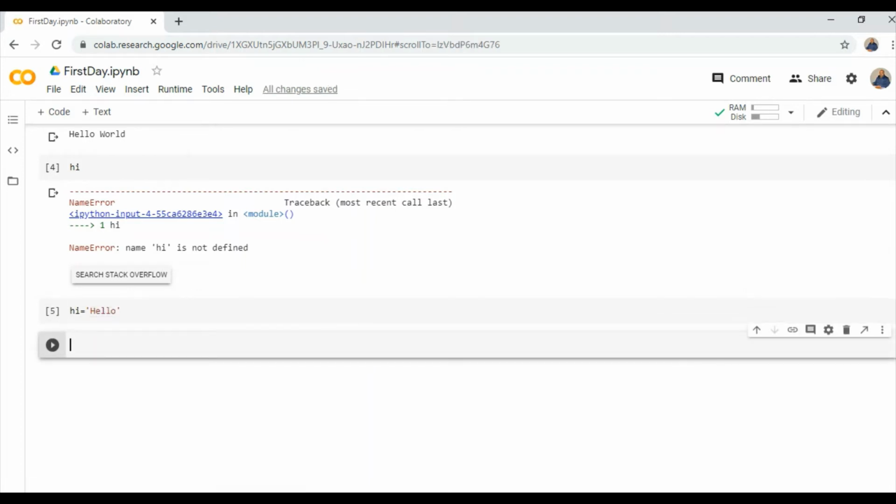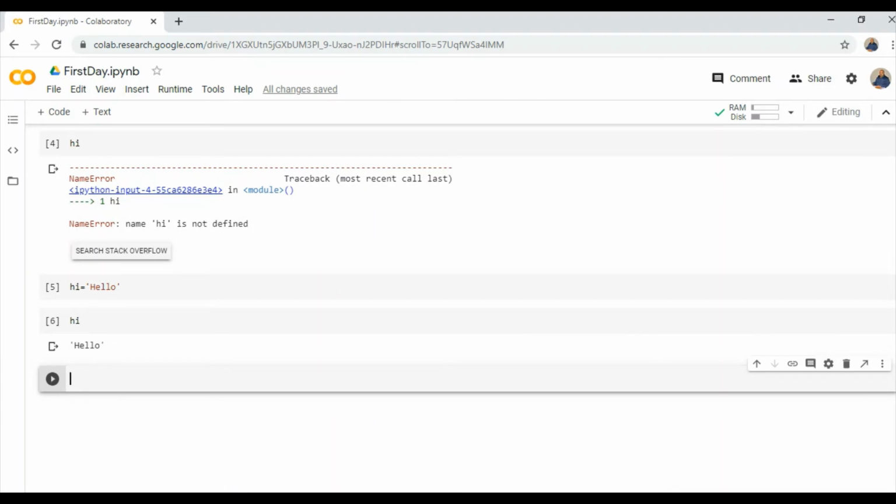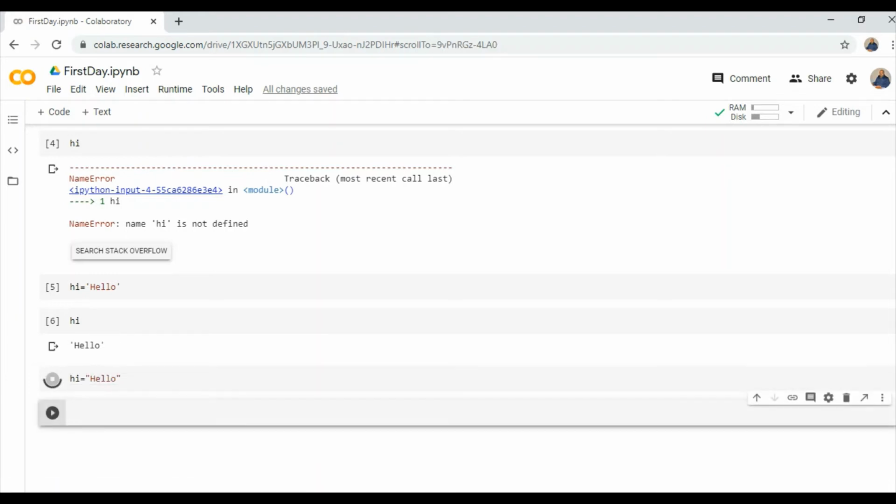For printing, we just have to write the name of the variable and run the cell: hello. Another way, hi is equal to, we are going to write hello in double quotes. We have written this, again we want to run this. So just enter the name hi and run the cell. You are going to get the value as hello.